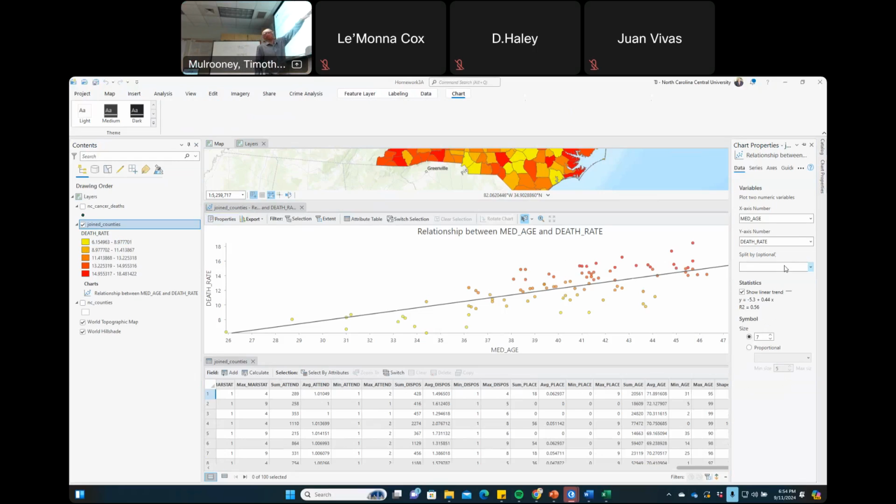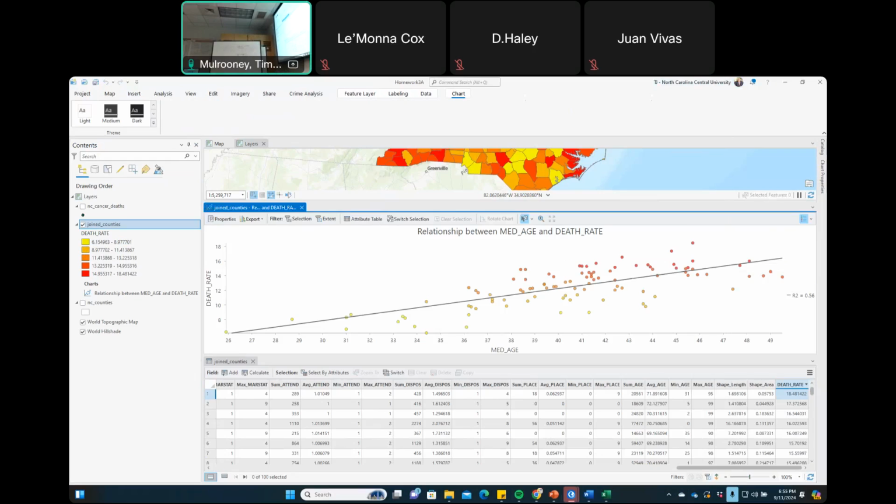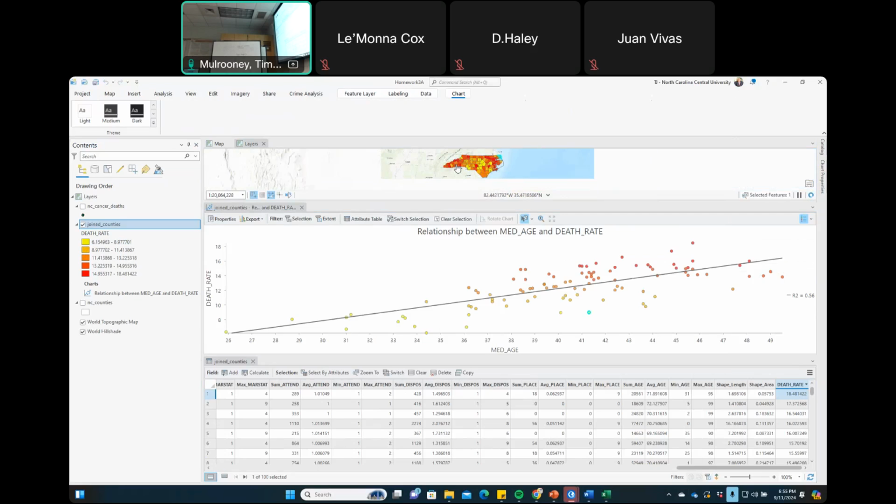Look what it gave us, a nice little y equals mx plus b. Y equals negative 0.53 plus 0.44x. R squared equals 0.56. Anyone know what this R squared means? Well, I'll mention this in a little bit, but what happens for each county? And so if I were to click on that county right there, look what happens.